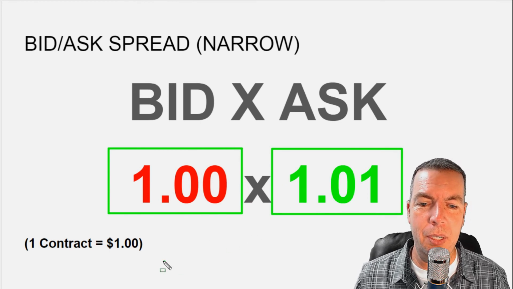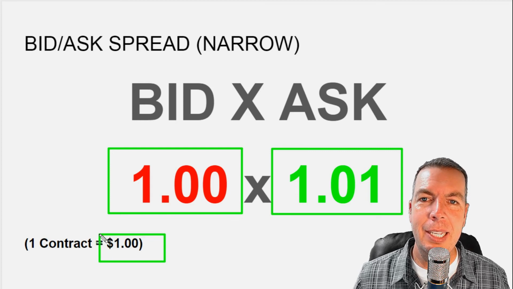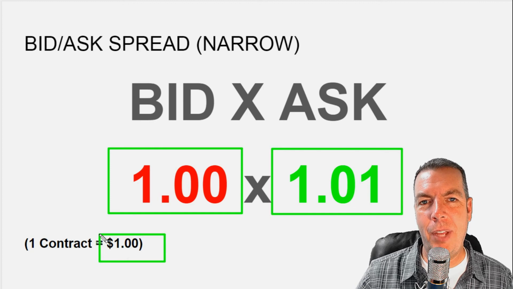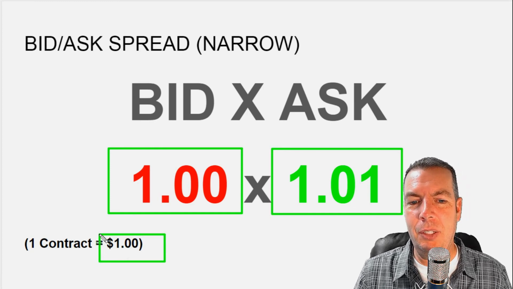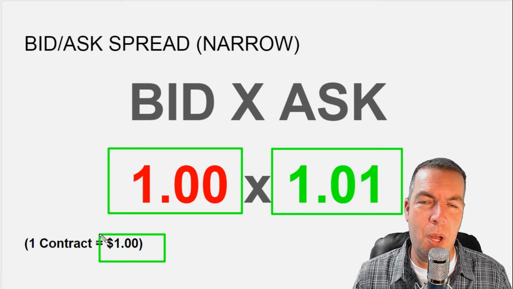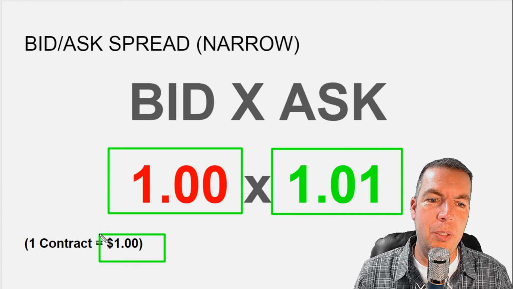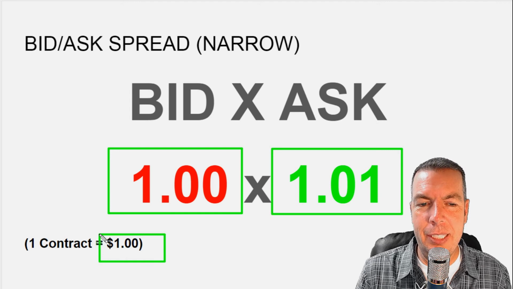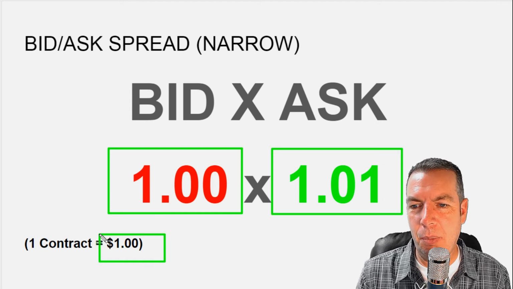So in a one option contract, that would represent $1. So the option in this case would not have to gain that much value in order for us to even break even on this trade. In fact, it would only have to gain 1 cent in order for us to be at that ask price, in order for us to break even or at least hit that ask price or break even ask price.